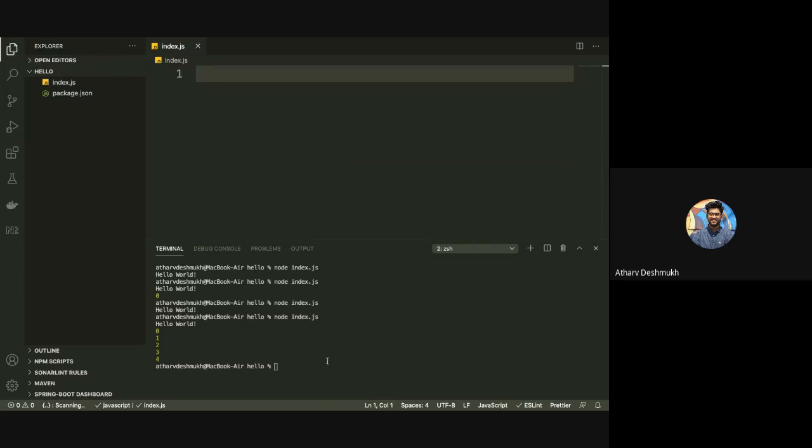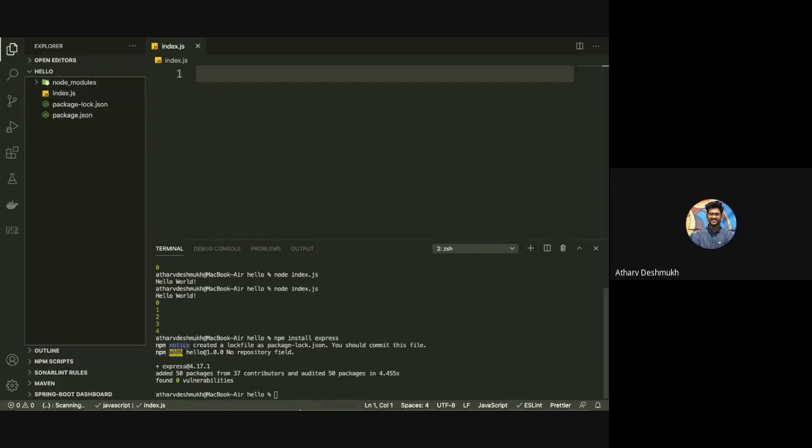For that, we have to install one module, that is Express, because Express will be helping us with request mapping of URLs. So npm install express. Run this one command so that Express will be installed on this project.